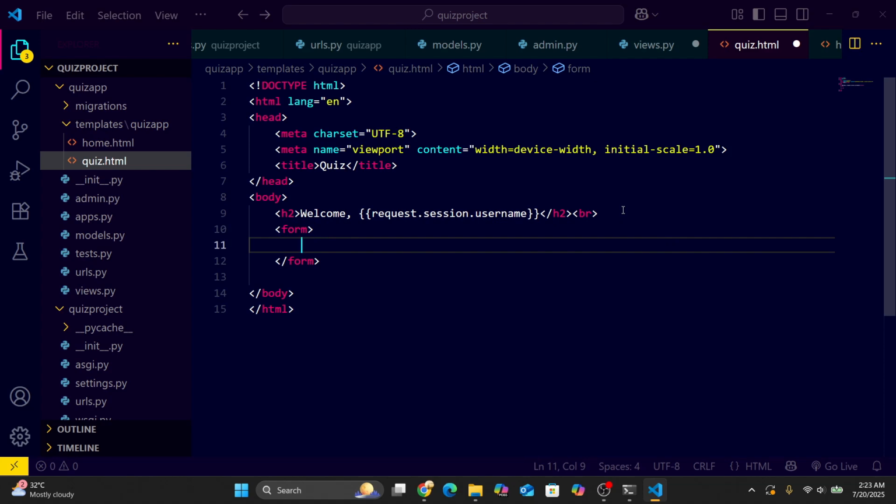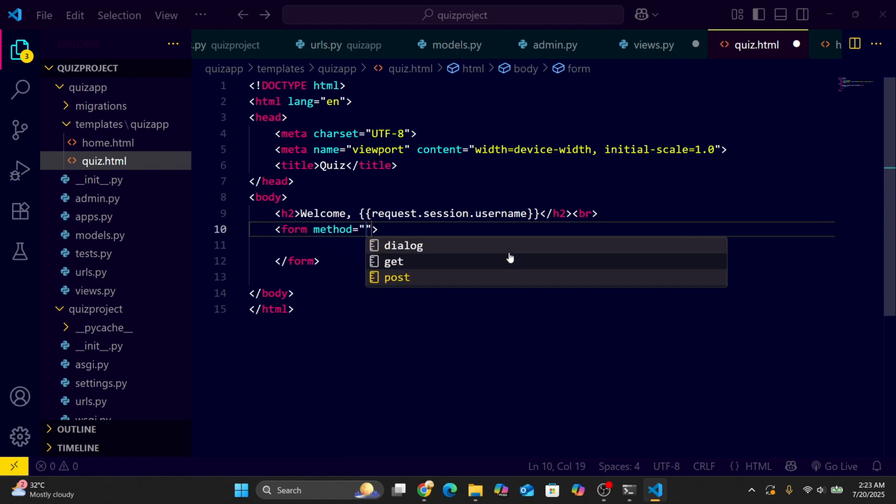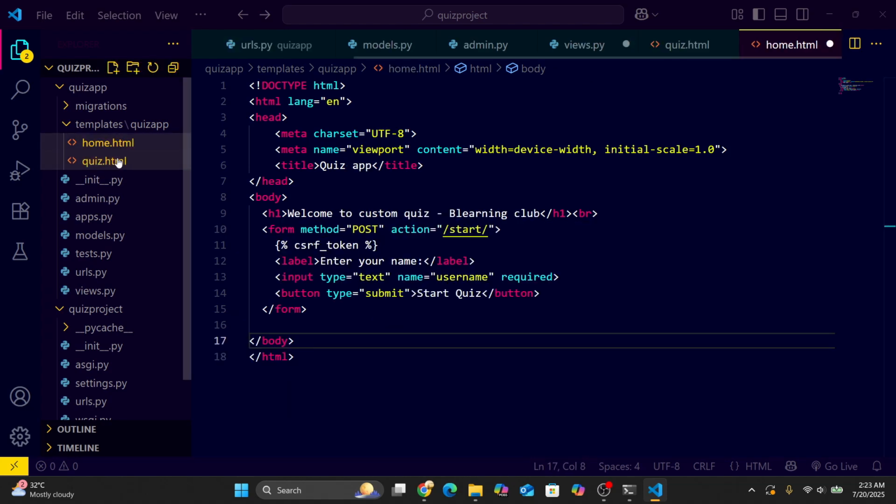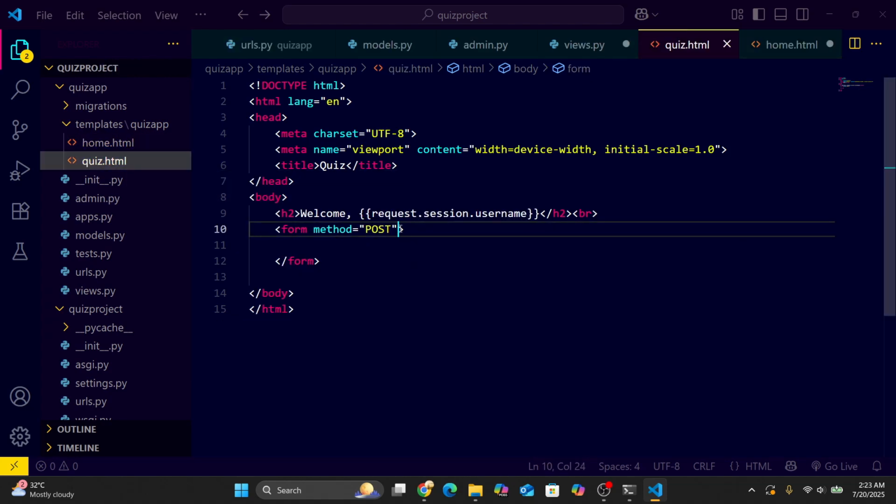Okay, so for the form, just use the method post. I already explained about the method post. But remember friends, post is in capital, not small. I just checked it in the home.html. Yeah, POST, and now action,